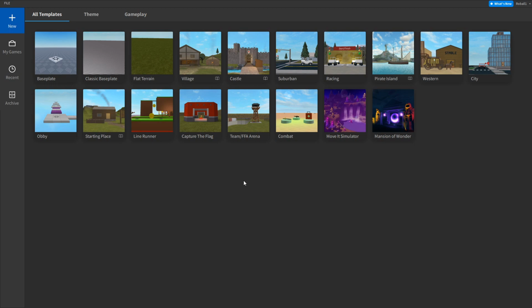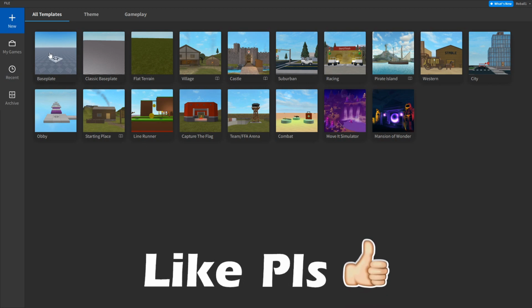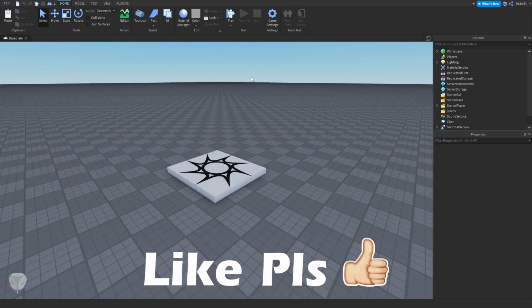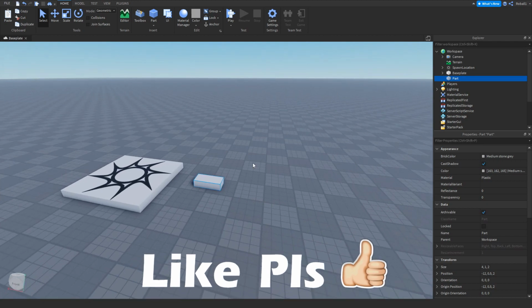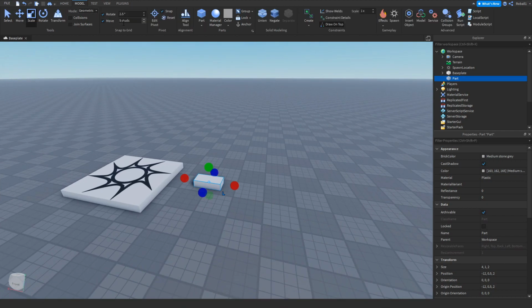And in this tutorial, I'm going to be showing you how to use the Roblox new highlight service. Now, what is this highlight service? How it works is if you open up Roblox Studio and you click on the base plate, the highlight service is essentially highlighting an object in a certain color and also outlining said object in another